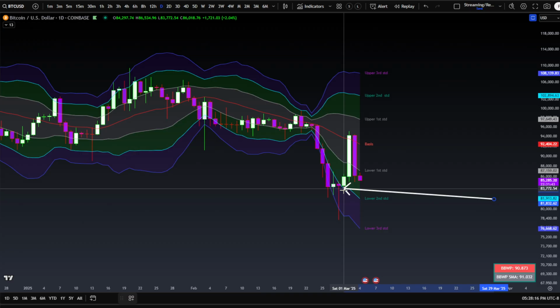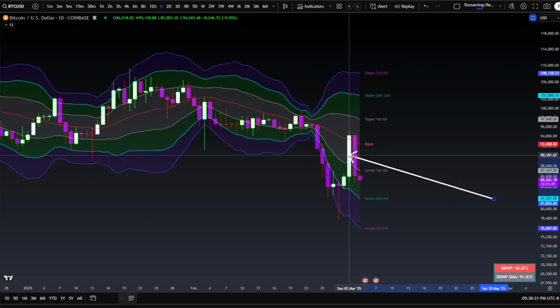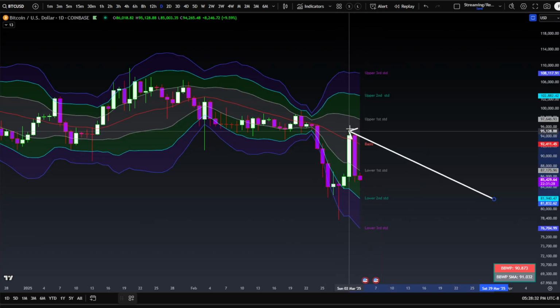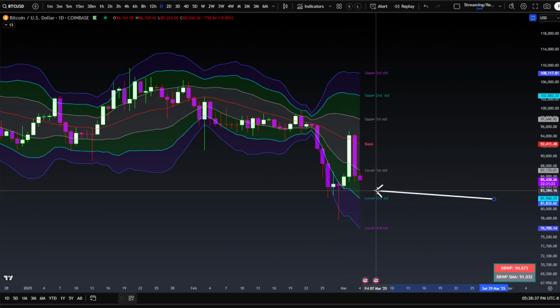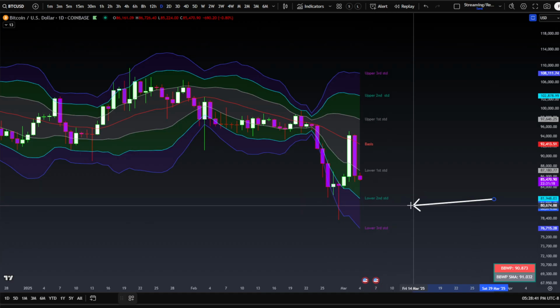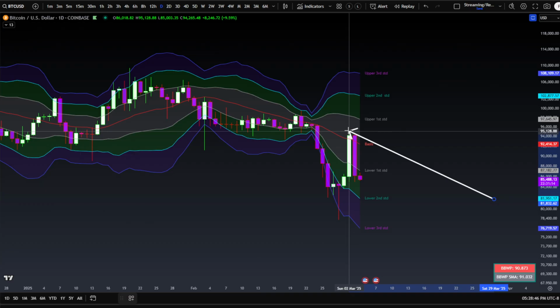But I'd drawn out a few scenarios, and that was that Bitcoin comes up, at minimum starts closing above 92 and then holding 89 to 92 essentially as support. That's the preferred scenario. Otherwise, it's more likely going to put in a lower high and then come back down. And what do we look for? Higher lows or equal lows from there. Now, the higher lows, equal lows scenario is in play now, and we have a lower high essentially at 95,128.